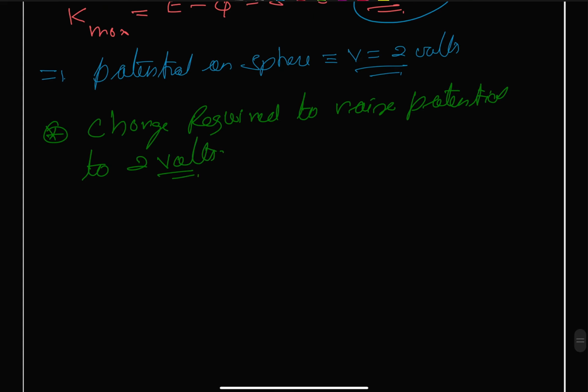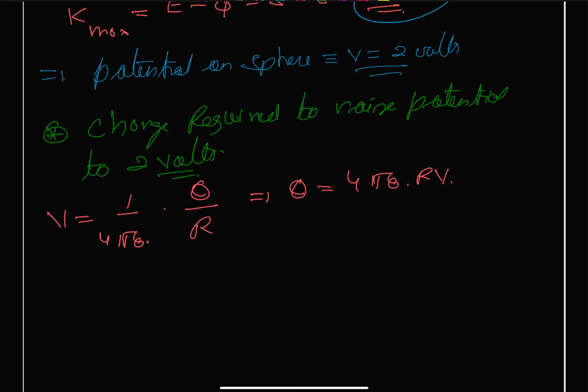So we can use the simple equation that the potential V for the sphere is 1 upon 4 pi epsilon naught. Suppose charge is Q, radius is given as R. So from here we get Q is equal to 4 pi epsilon naught multiplied by R times V. And we know all these values,